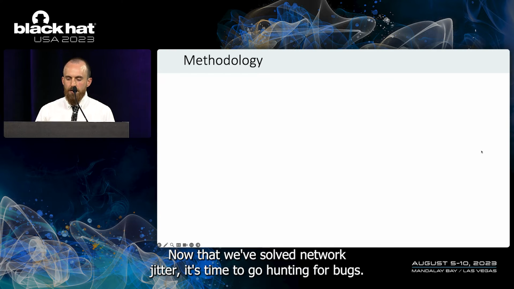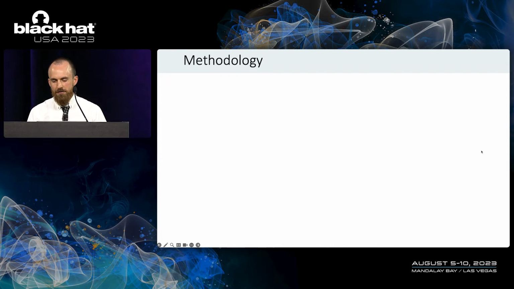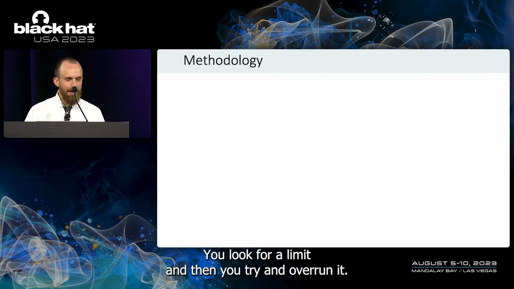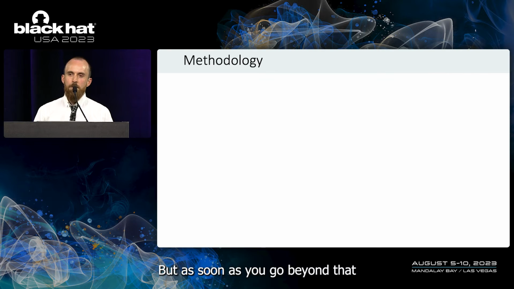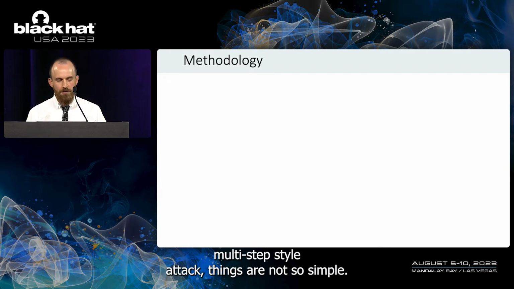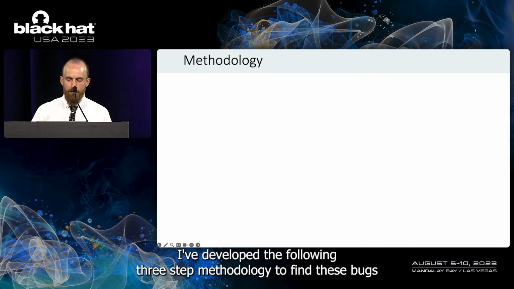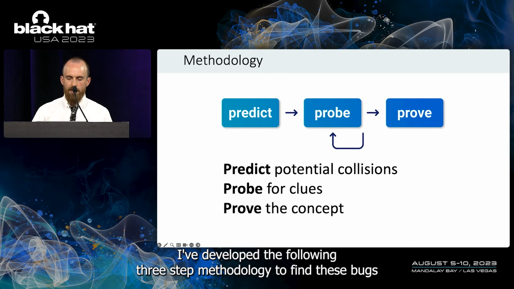Now that we've solved network jitter, it's time to go hunting for bugs. Now, limit-overrun vulnerabilities are really easy to find. You look for a limit, and then you try and overrun it. But as soon as you go beyond that to multi-step style attacks, things are not so simple. But after months of manual testing and discovering every possible pitfall, I've developed the following 3-step methodology to find these